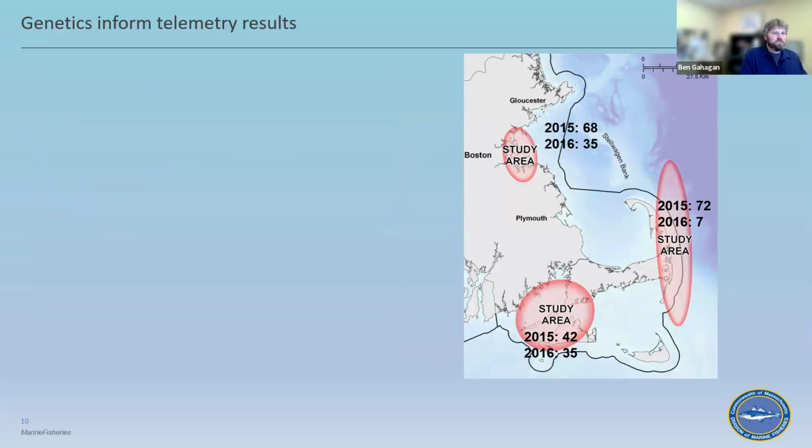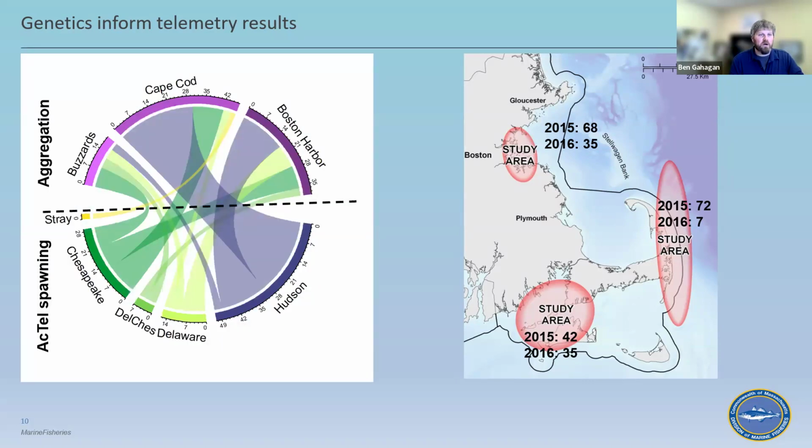To address that first goal I presented earlier in the talk, we did a 250 fish telemetry study where we tagged fish in 2015 and 2016. You can see these 3 areas on the right where we tagged the fish. Based on all the telemetry results from those fish, we were able to assign spawning areas. I considered a fish to be spawning in an area if they were in a known spawning location in the correct time period. For the Hudson River, that meant one of the 2 main areas identified through seine surveys